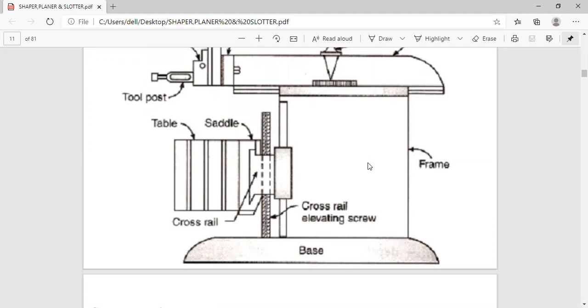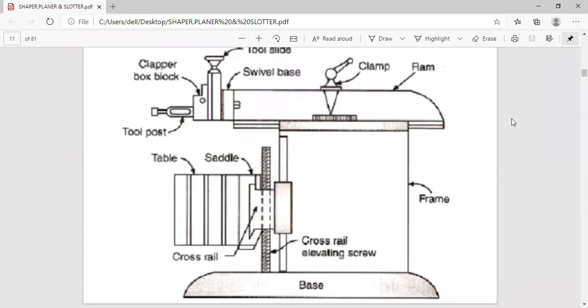So what are the mechanisms on the column? That also you have to see. The guideways are there on the top of the column, though we are not showing them here, but you have to mention that guideways are located on the top of the column.